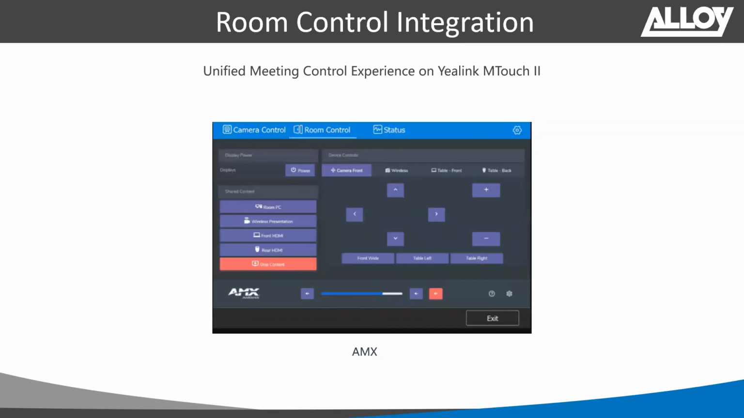All right, another example here is the AMX system. So again, we're utilizing the AMX control system. We're configuring that AMX control system through the AMX configurator tools, and then we're linking that configuration page that we've created through to the Yealink system. So from that Yealink system,